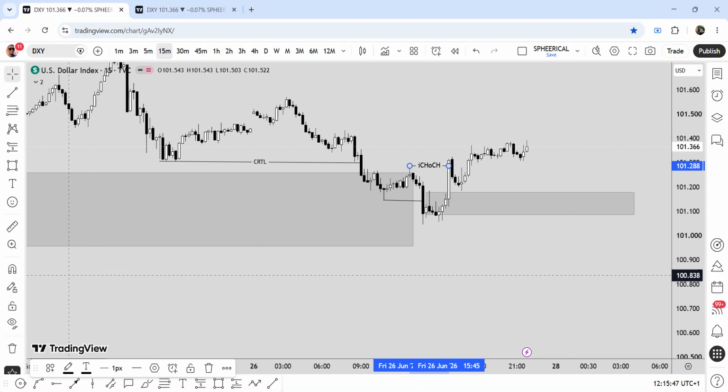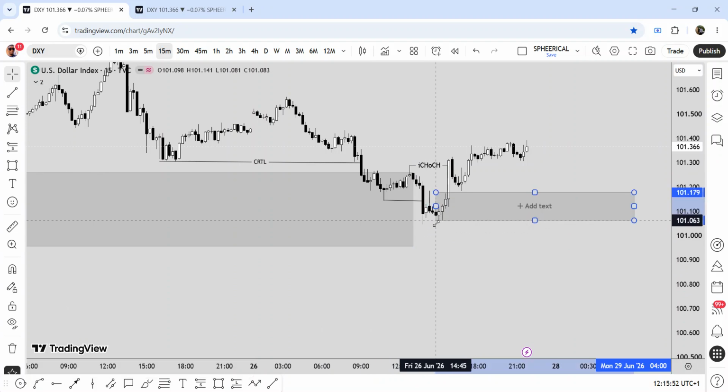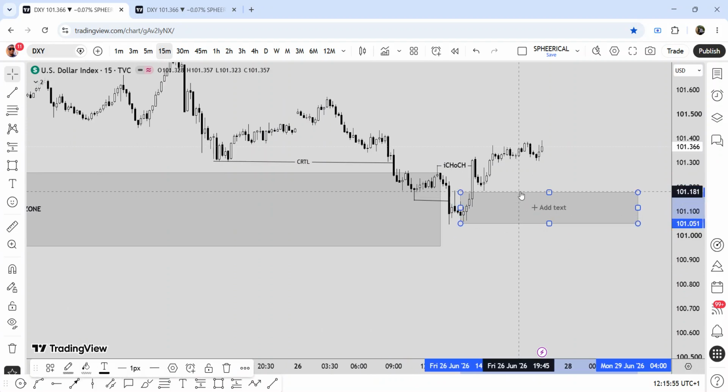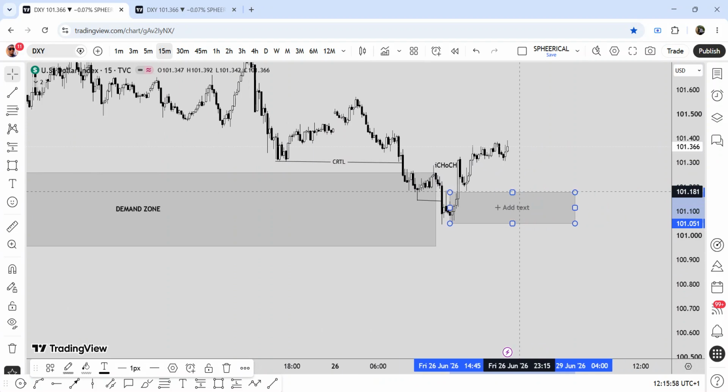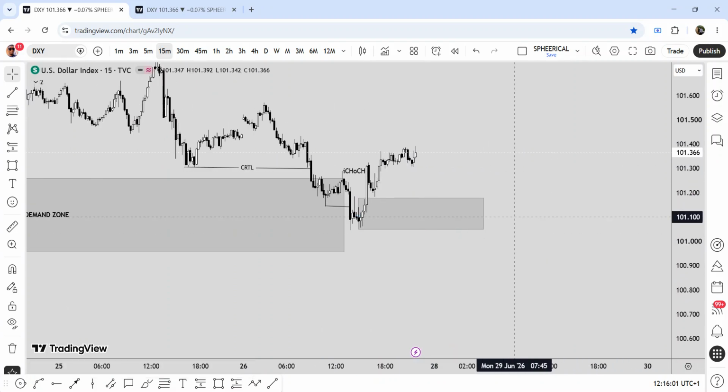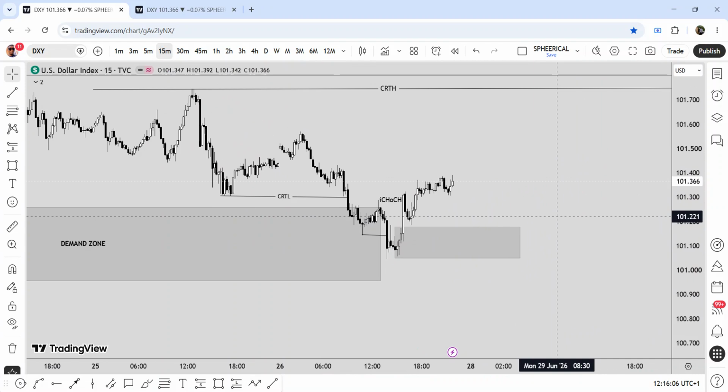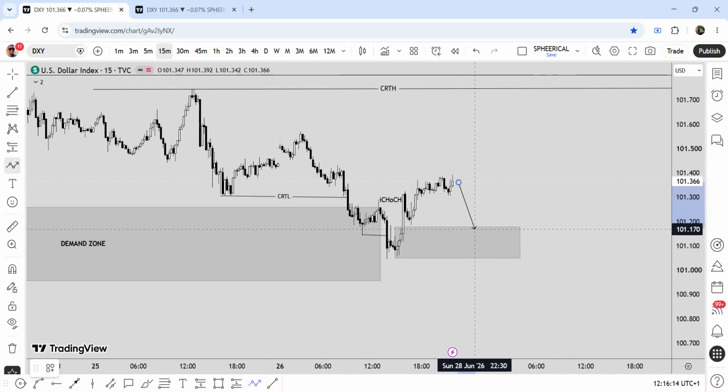internal change of character. Then we'll be expecting the market to come into this zone before we position to take a buy with another new confirmation. We're still going to refine it to 5 minutes to see confirmation. Once the market comes inside here, we go to 5 minutes to see another new change of character within the zone. Once we see it, we will just take it to this point, because we established that this CRT